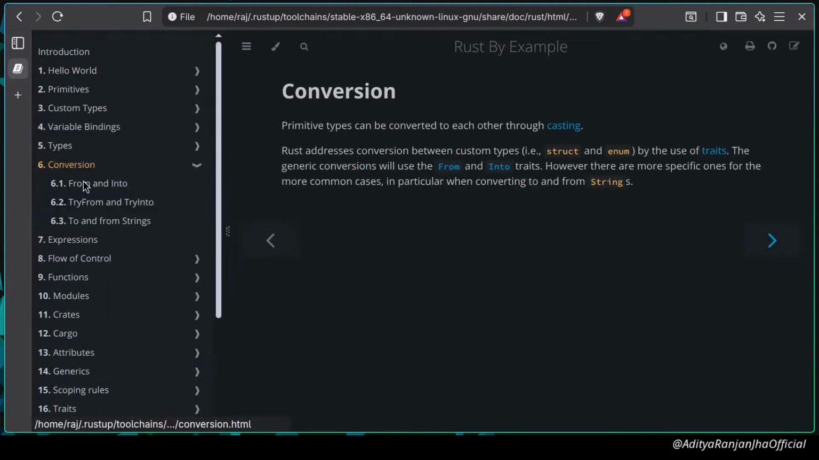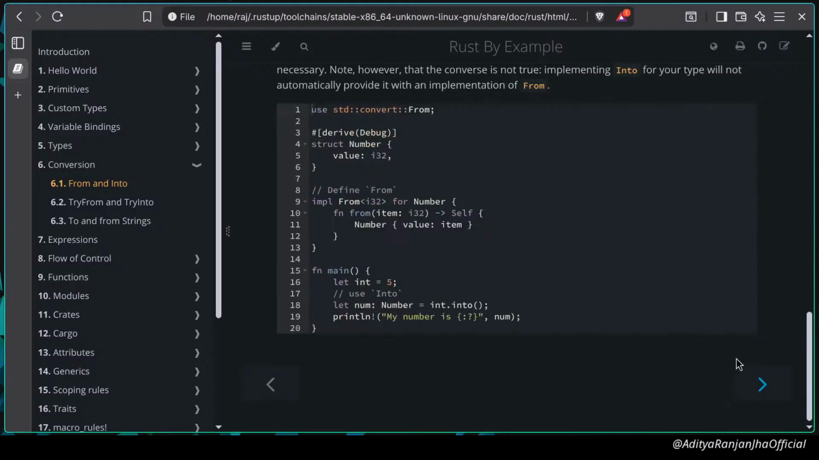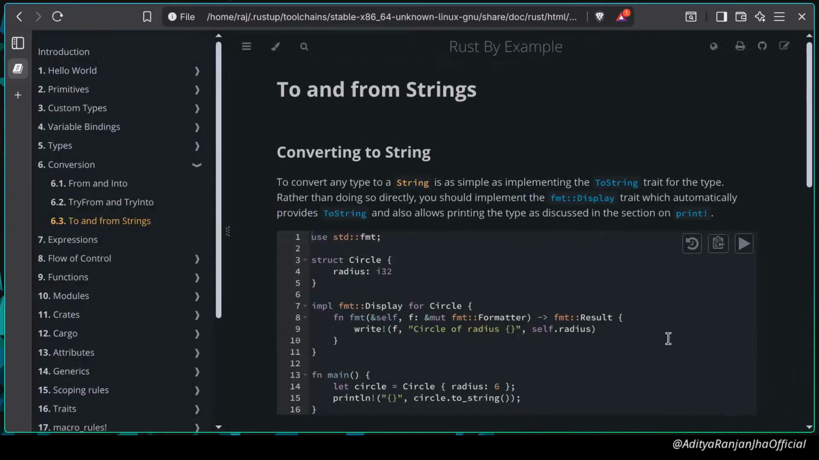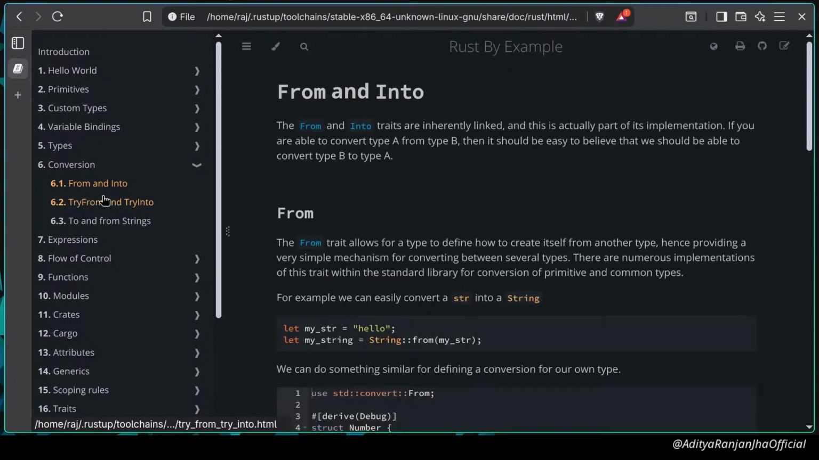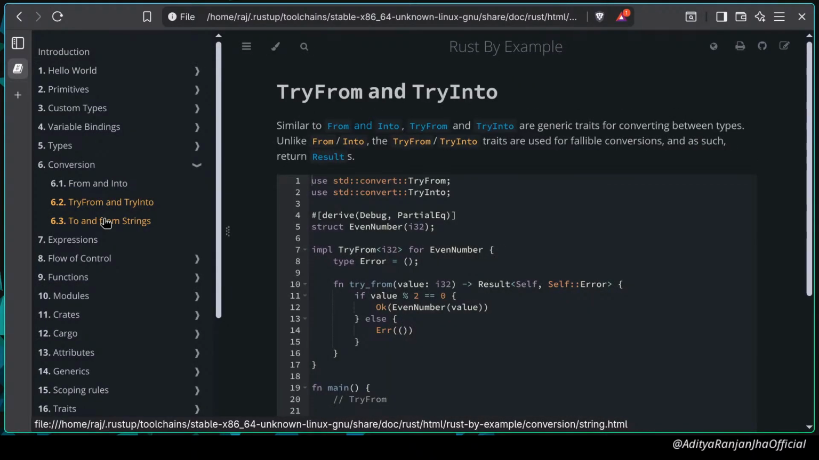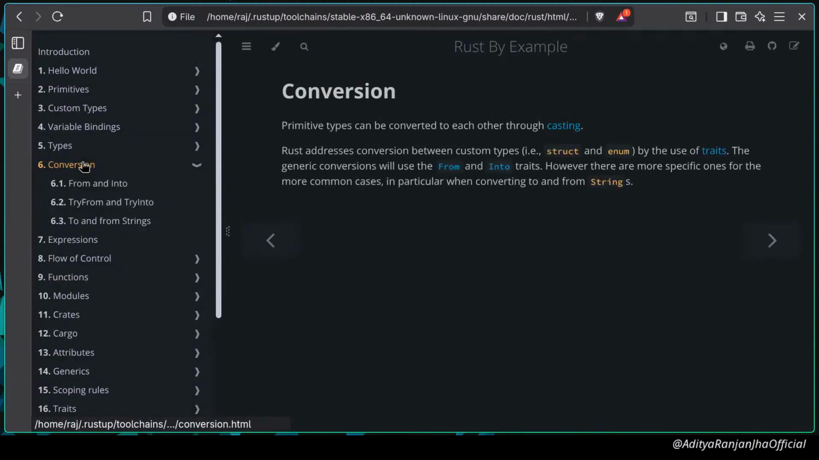Now conversions. This is, I guess, the sixth module. Shall we start it? No, I guess this is lengthy, so we'll take it another time in depth. So From and Into, TryFrom and TryInto. Conversions are important because if there are any errors, they will raise some good, descriptive errors. So I think we should